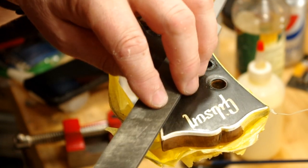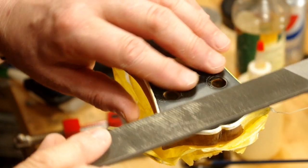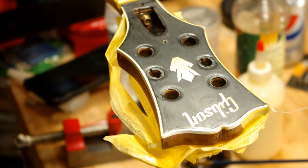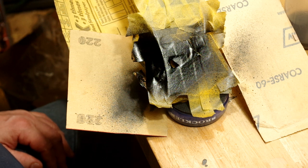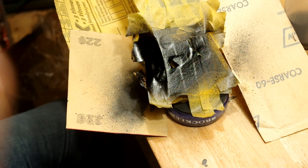Well, I am doing a little direct filing on it, but I am kind of worried about that at this point. And I realize that the little bubbles in that are not going away. So with everything else looking as good as it is, I decided that I would switch gears on this headstock, in at least that one spot, and do something a little different. Well, it wasn't hard to undo. I just put a little lacquer on that spot, and I was able to dig out the lacquer from that area down to my barrier layer with the